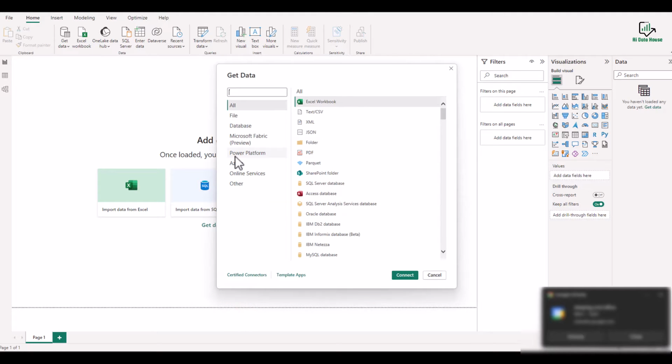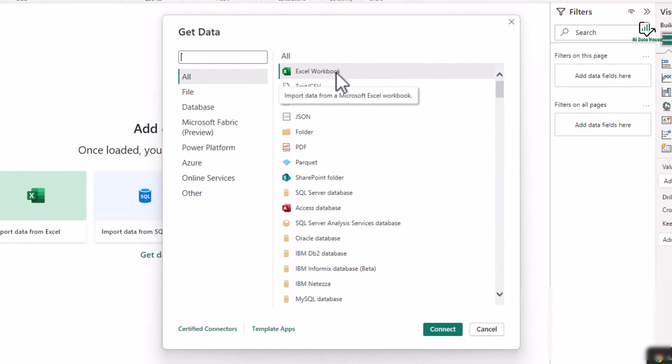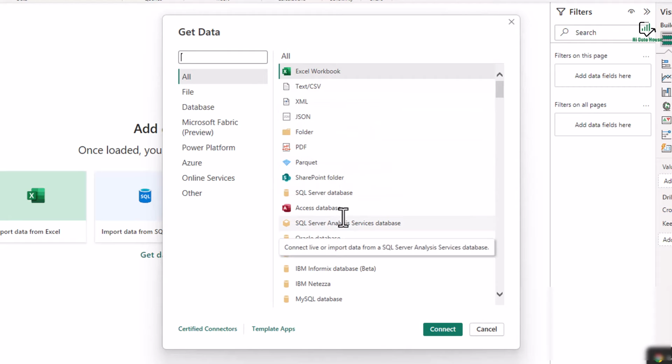Power BI stands out from other BI tools with the highest number of data import options. It allows us to pull data from more than 70 types of files and database sources. Whether it is a simple Excel workbook, a CSV, XML, folder, PDF, SQL Server, or even web platforms like Google Analytics, Power BI has got us covered. Let's see it in action.